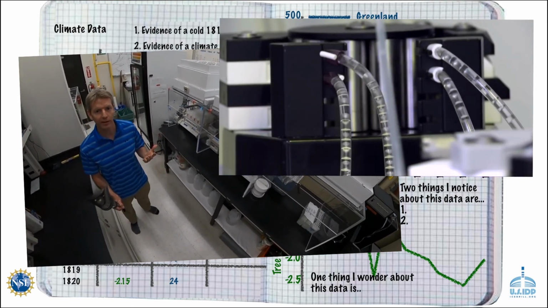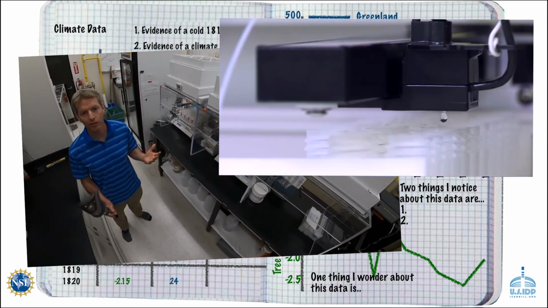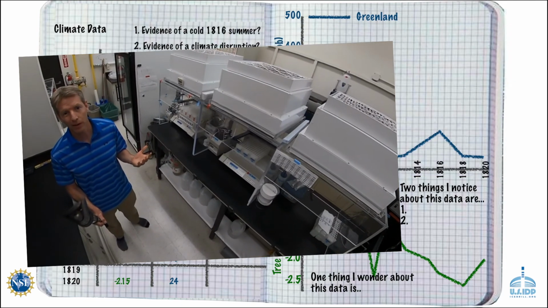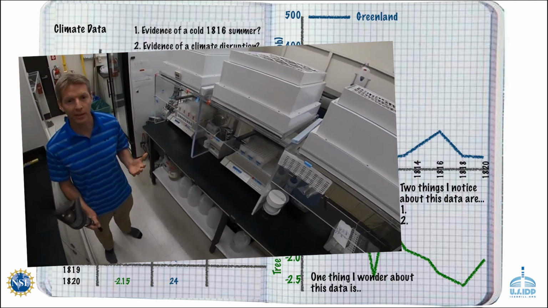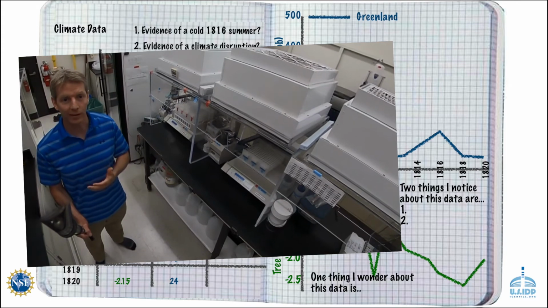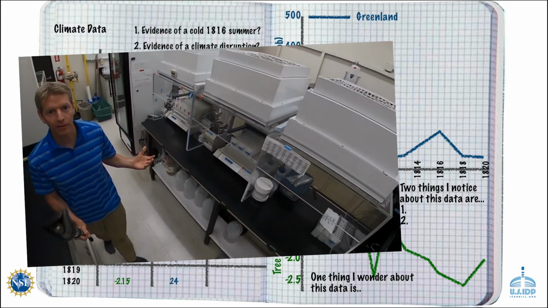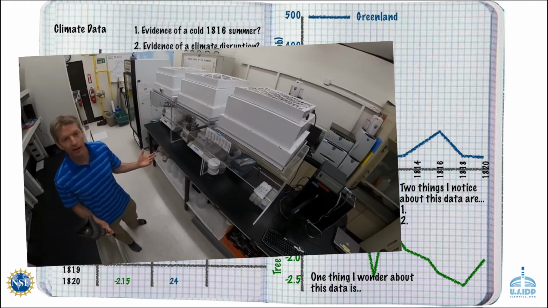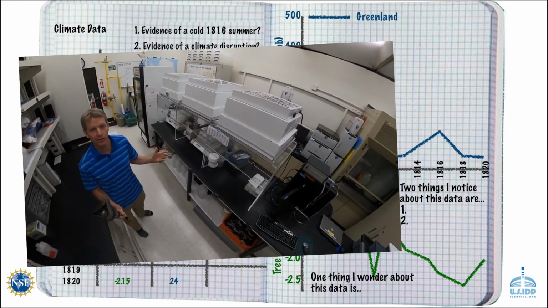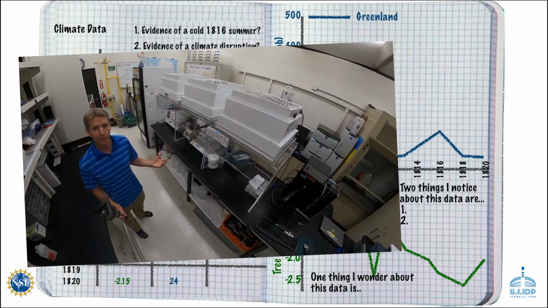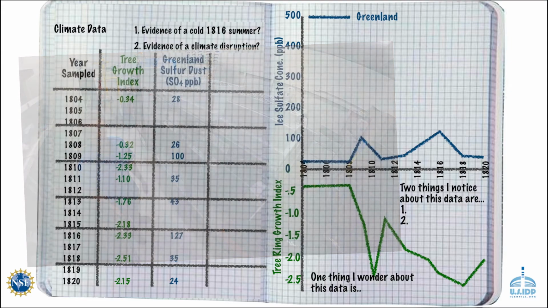And that's really important down at the South Pole because it doesn't snow very much down there. We only get about 5 inches of snow every year down there, whereas up in Greenland it's more like 3 feet every year. So after that, once we have the sample in these bottles, it's the same process as before. We just load them up in the instrument, analyze them, and we see what the chemistry data shows us.